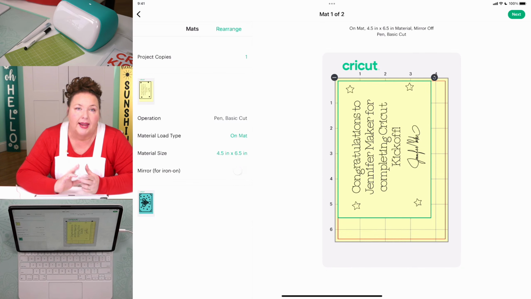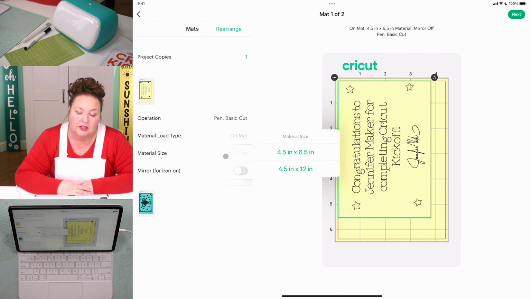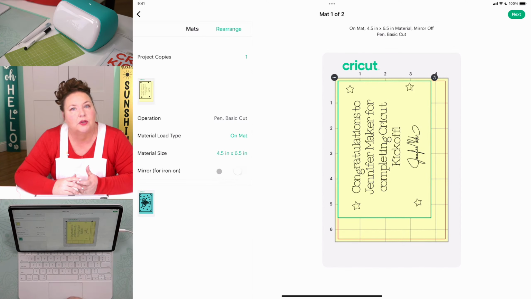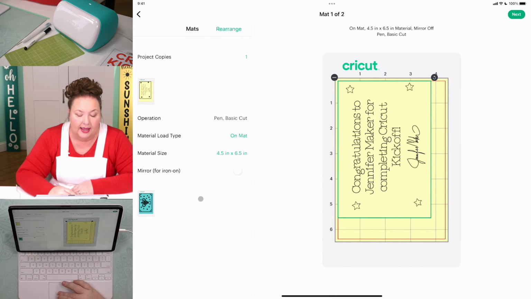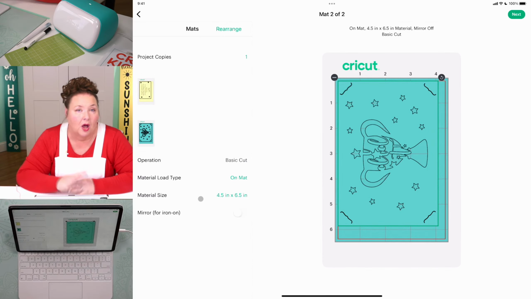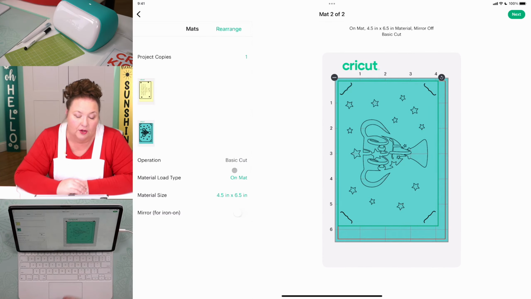But the Joy and the Explorer 3 and the Maker 3 let you use smart materials without a mat if you want. And then you can also change your material size, because on the Joy there's 2 different mat sizes, but I'm using the small mat, so we're good there. And mirroring is for if you're doing iron-on vinyl. We're not doing that today, but if you are doing iron-on vinyl, you need to mirror it. And you always want to just double check all of your settings, right? Does everything look good? Yes, it's a basic cut, it's on mat, and I have the right material size, and